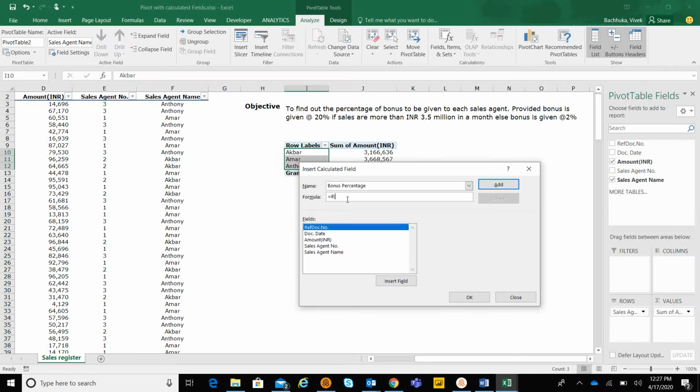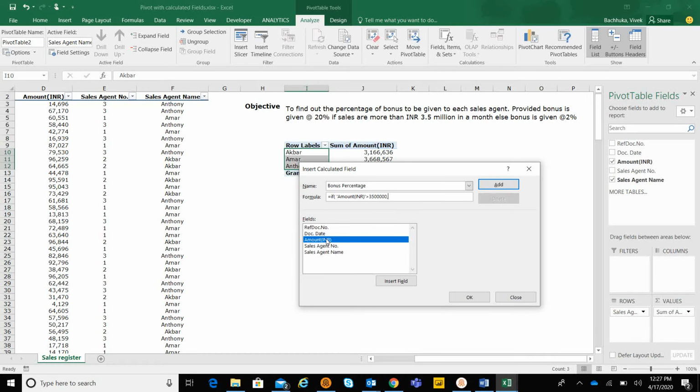If, bracket, we want that the sales made by the agent should be more than 3.5 million. So we will select Amount, and for selecting it, either you can click once on the Amount field and Insert Field, or you can just double click on Amount. Now we want it to be greater than 35 lakh, comma, and if it's greater, we'll set the bonus as 20%.